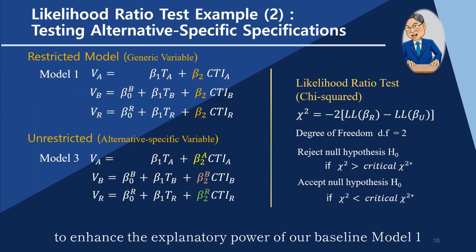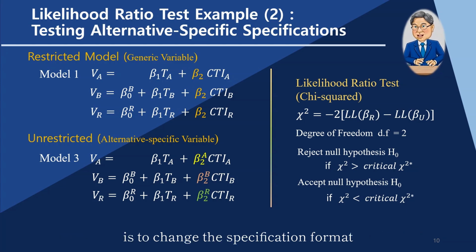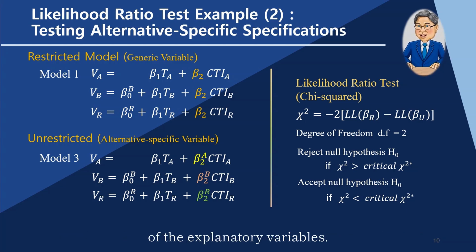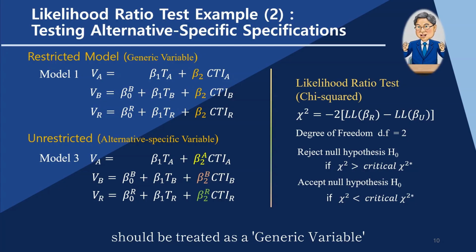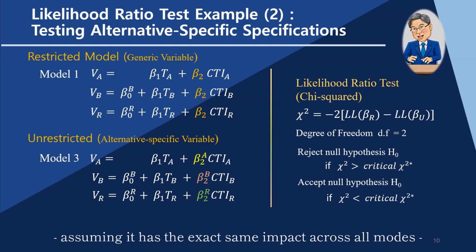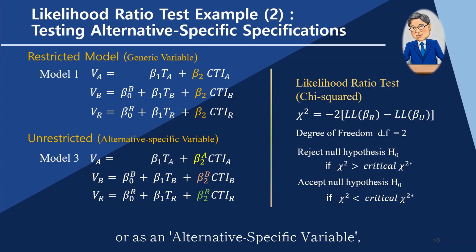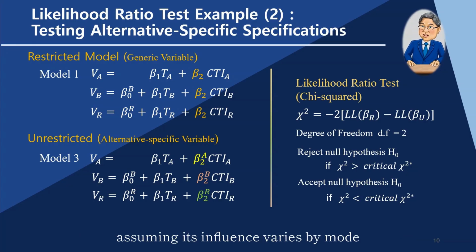Another effective way to enhance the explanatory power of our baseline Model 1 is to change the specification format of the explanatory variables. Specifically, this process statistically tests whether a specific variable should be treated as a generic variable, assuming it has the exact same impact across all modes, or as an alternative specific variable, assuming its influence varies by mode and thus